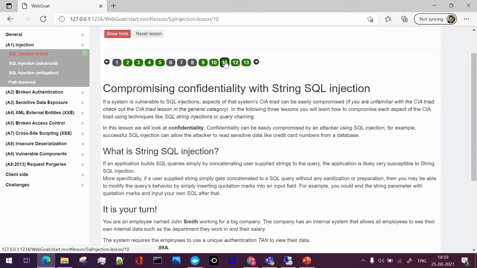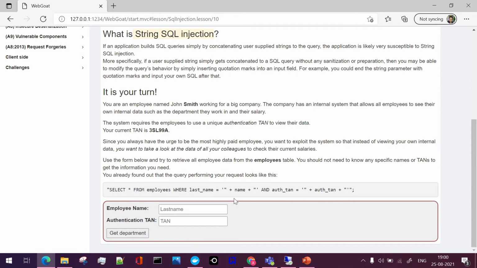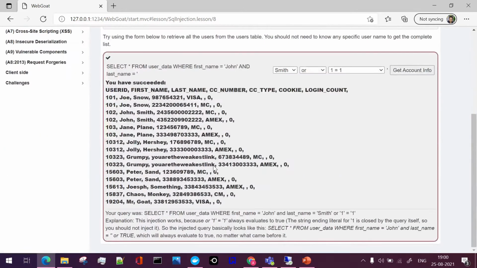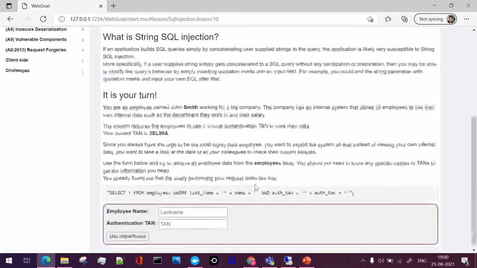Next, if you move on to the other page, that is the 11th section for SQL injection explanation. Here it is talking about string SQL injection. Obviously this is again the same example, only it is talking about the user 10. If we go with this particular table, this is a different table.